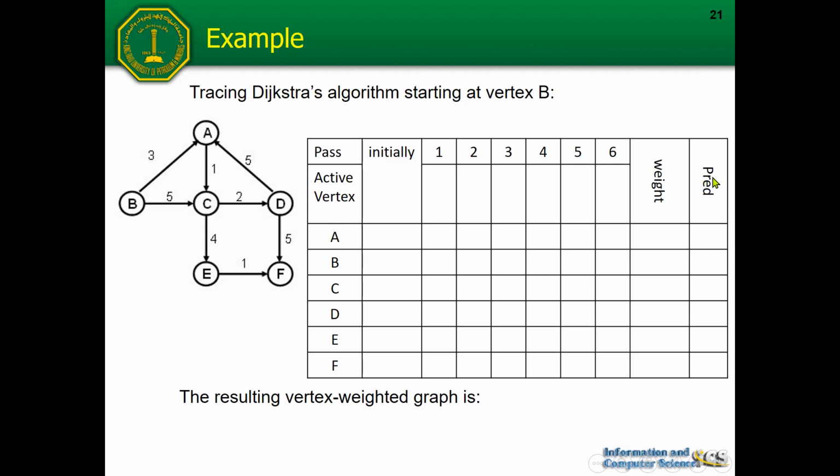Okay, the predecessor means the predecessor of the corresponding vertex. For example, if we are going to fill in the predecessor of D, then that will be the vertex before D when we define the shortest path. Now D over here, okay? The predecessor of D based on this graph, fortunately only C, okay? Only C, because we cannot go to D using another path, only C. That's why the predecessor of D will be C, okay? The predecessor of E will be C also, but F has two predecessors, E and D.